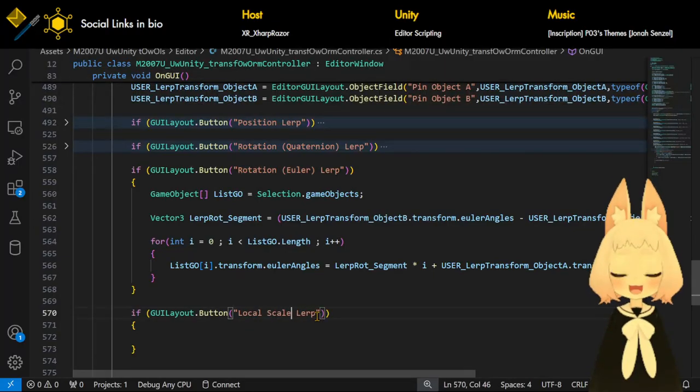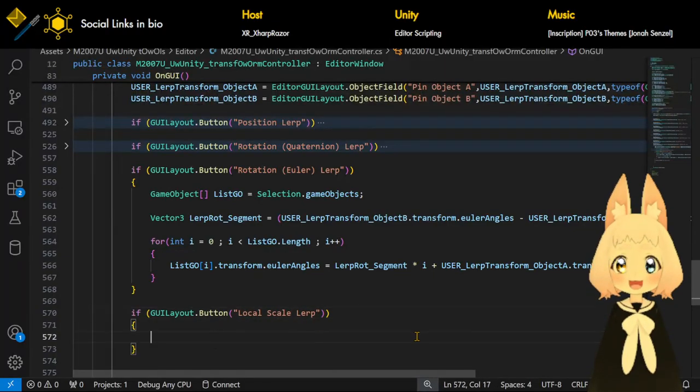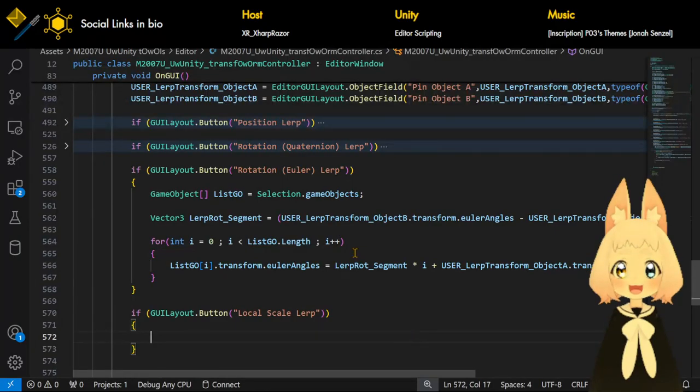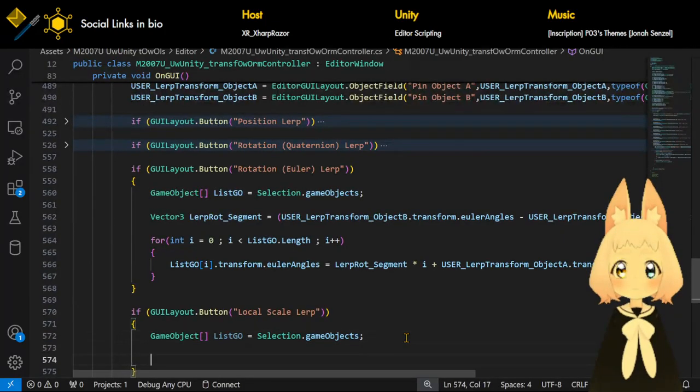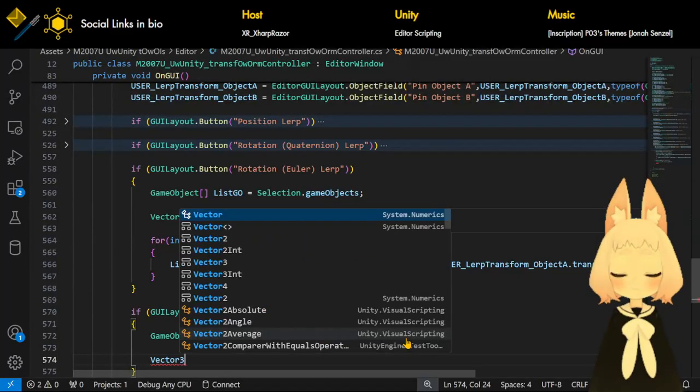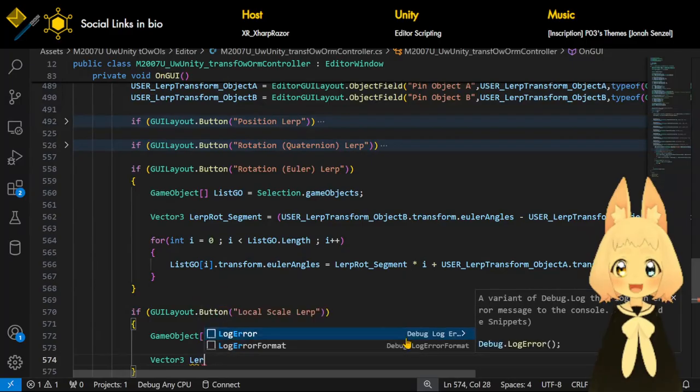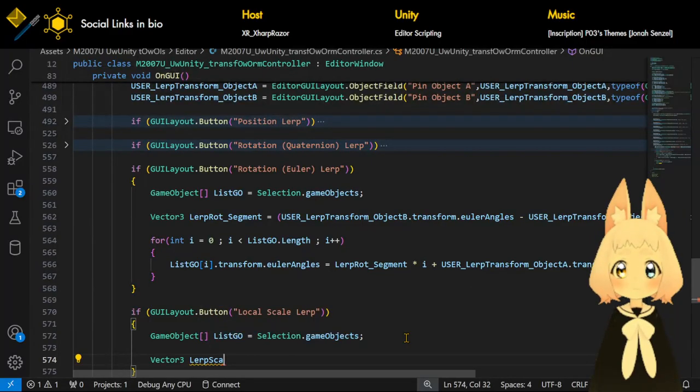Local scale lerp. There we go. So now, first thing first, get the list of game objects first. And then scale, yeah, it's a Vector3. Lerp scale